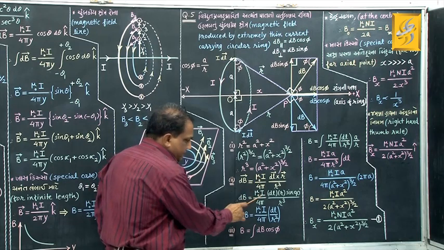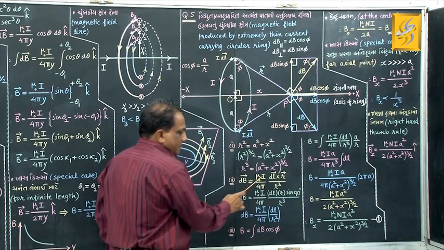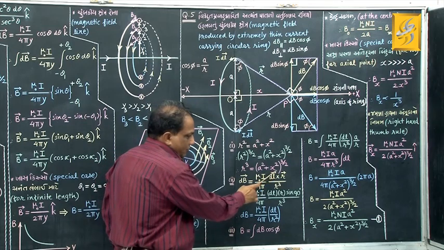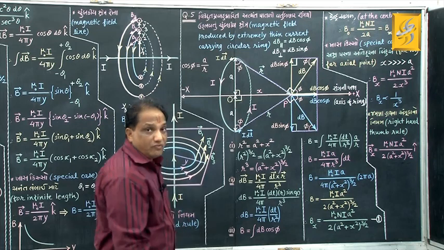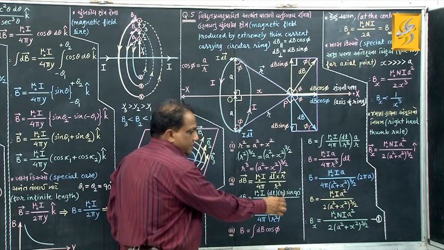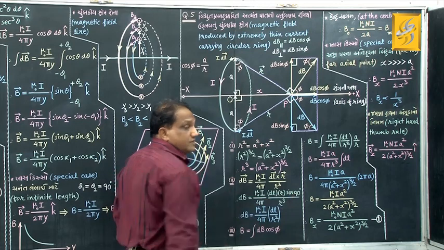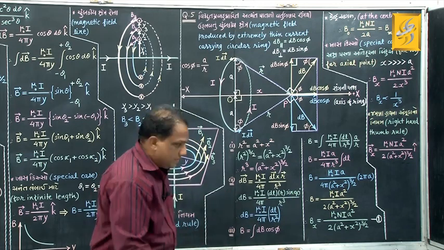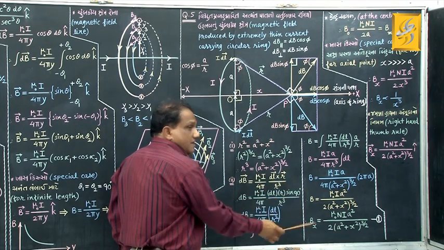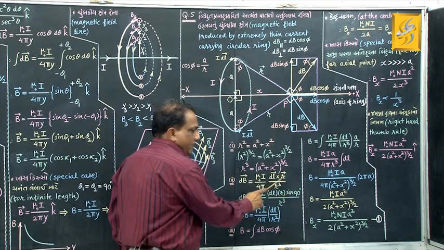Now this part as it is, I want now the magnitude of this, so I am putting only dB. When you want the magnitude of a cross product, it is the multiplication of the magnitude of the first vector, the second vector and the sine value of the angle between them. Magnitude of the first vector is dl, magnitude of the second vector is r, and sine value of the angle between these two,